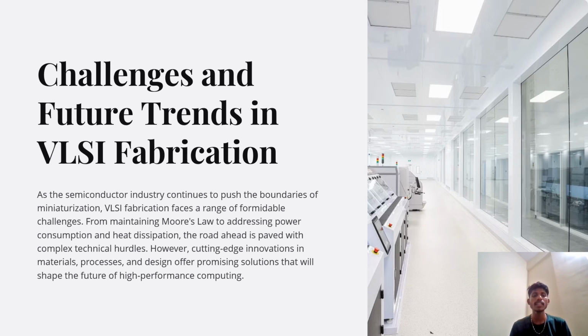As the semiconductor industry continues to push the boundaries of miniaturization, VLSI fabrication faces a range of formidable challenges, from maintaining Moore's law to addressing power consumption and heat dissipation. The road ahead is paved with complex technical hurdles. However, cutting-edge innovations in materials, process, and design offer promising solutions that will shape the future of high-performance computing. So this was all about